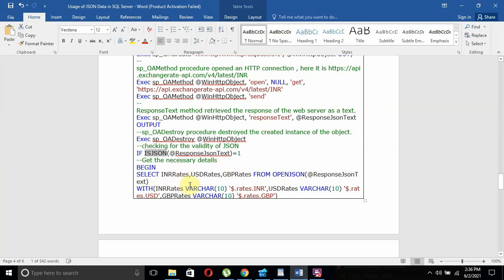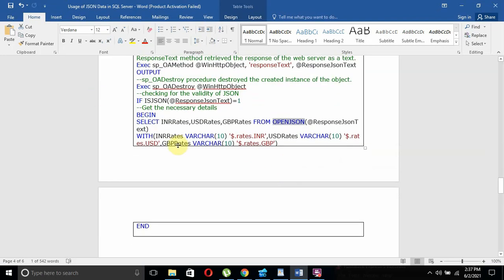Select INR rates, USD rates, GBP rates from OPENJSON(@responseJSONText). With OPENJSON, since we got proper JSON, we can navigate the entire JSON and retrieve the appropriate data using the WITH clause.